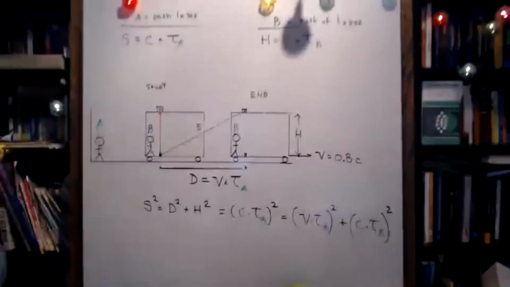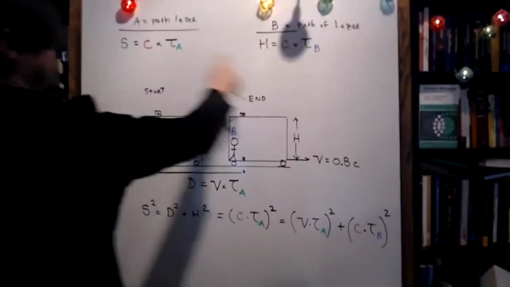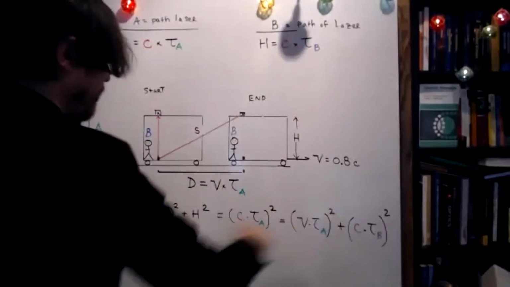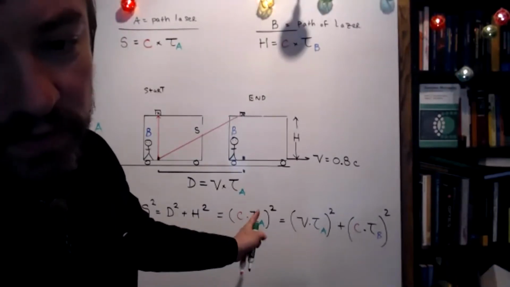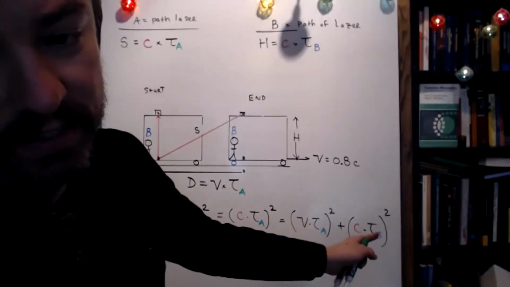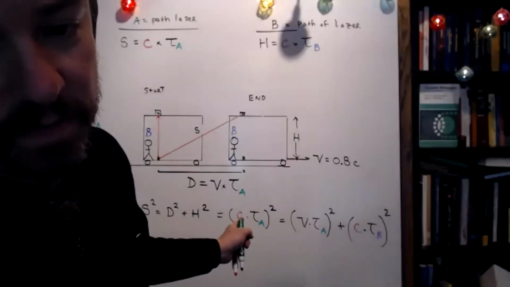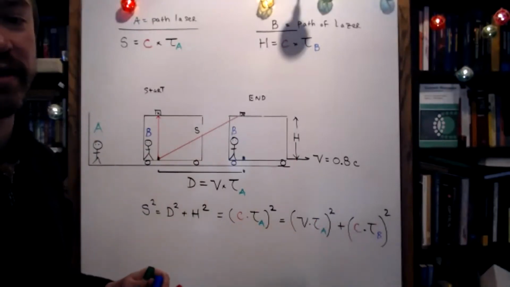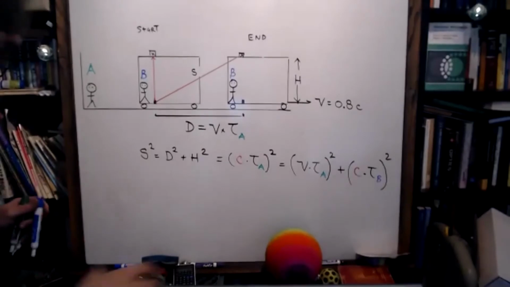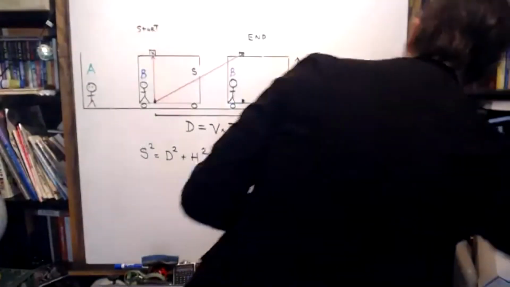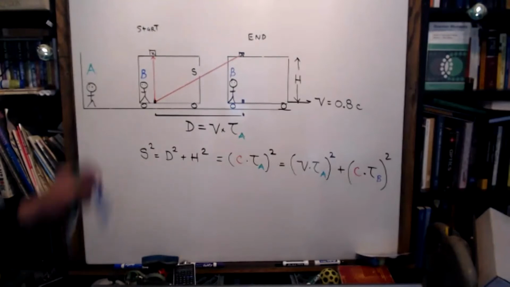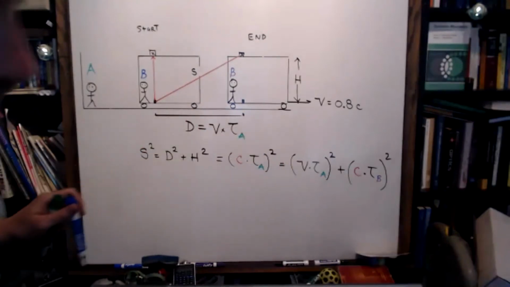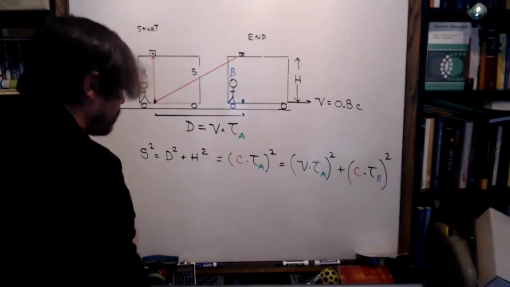So basically, I took this, this, and this, and I substituted them in so that I have an expression that involves only TA, TB, the speed of light, and the velocity of the cart. And now I'm going to do a whole bunch of very fast algebra that nobody's going to care about. The first thing I do is I distribute the square to all of the parts. So I get